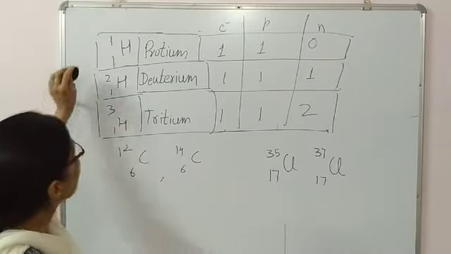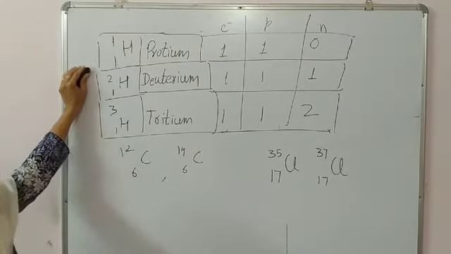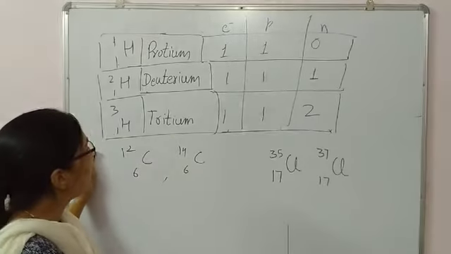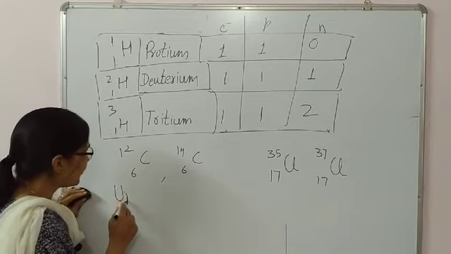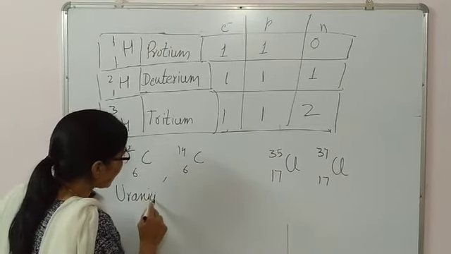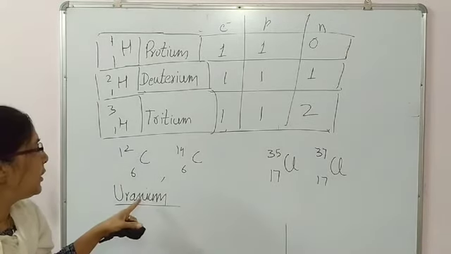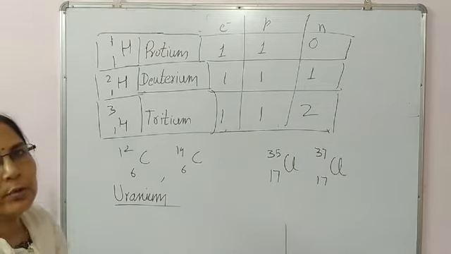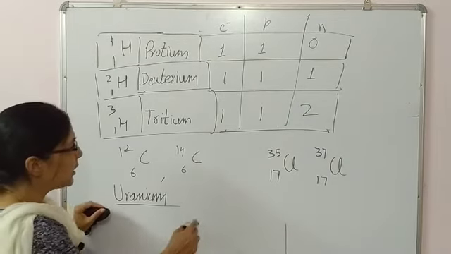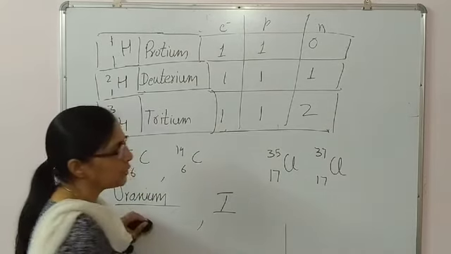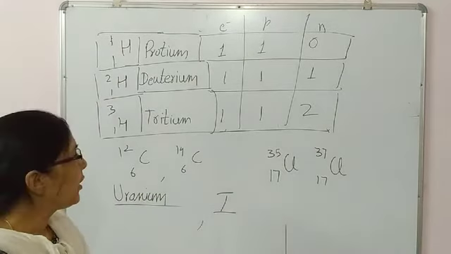Okay. Now there are the isotopes which are very useful for us. For example, uranium isotope. Uranium isotope is a very good radioactive element and it is used as fuel in a nuclear reactor. In the same manner, some isotopes of iodine are used for the disease goiter. In the same manner, some more isotopes are very useful. So you need to read carefully about the uses of isotopes.